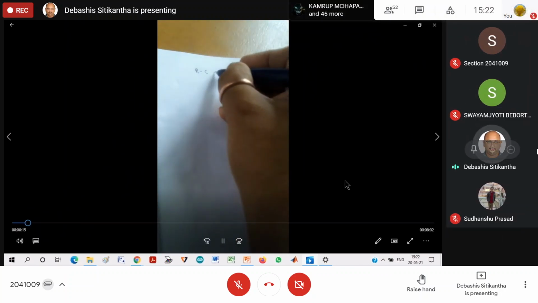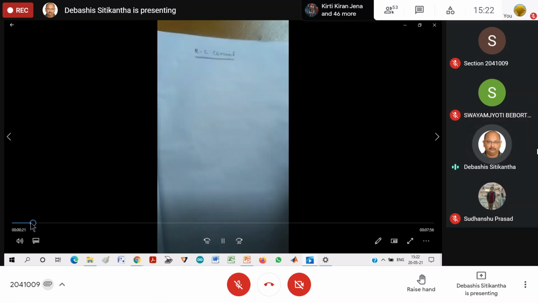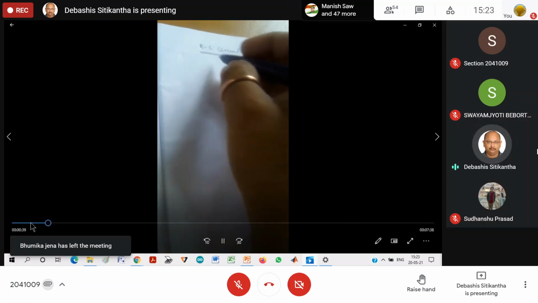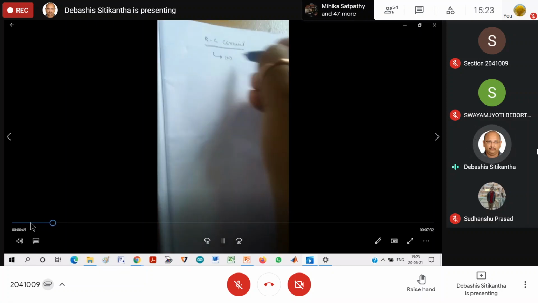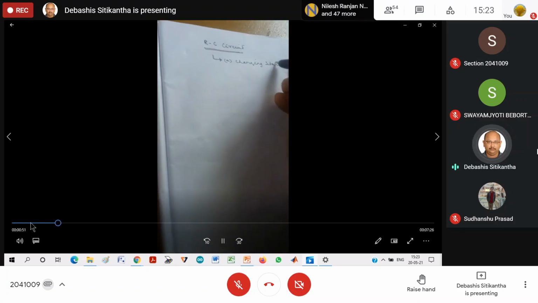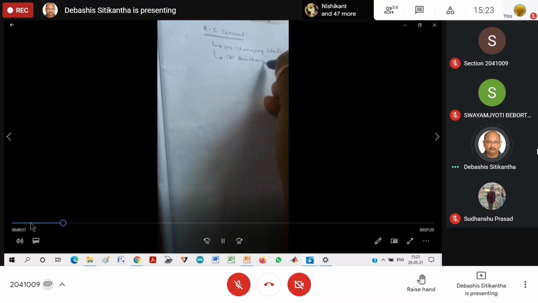So we have an RC circuit, and we'll try to understand how it is going to be, as I have already explained, that it is a time variant circuit where the current, voltage and charge, these three parameters change with respect to time. Now, this RC circuit, if you have gone through the notes, I have told you that two states are there. One is the charging state, the other one is the discharging state.